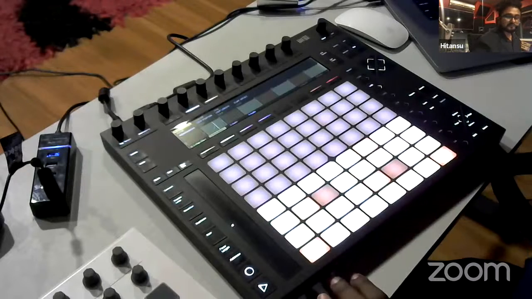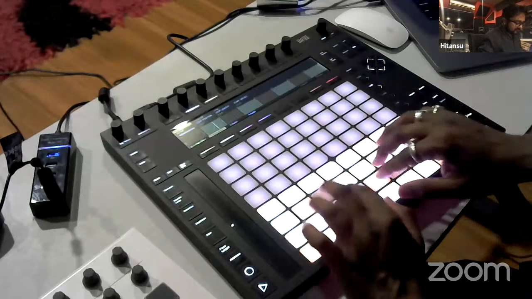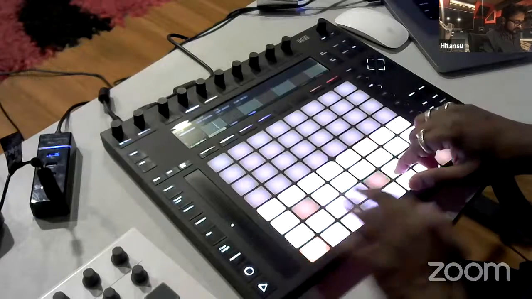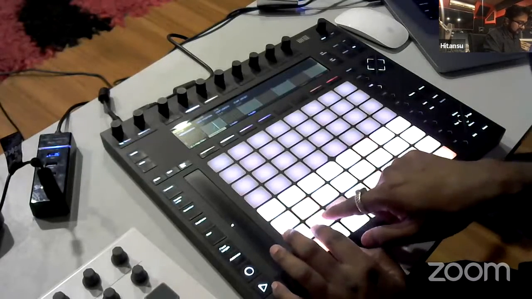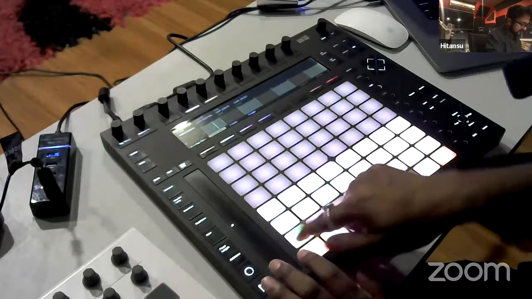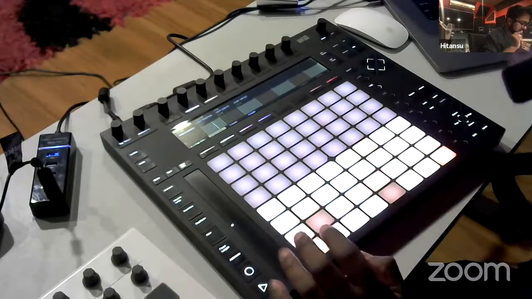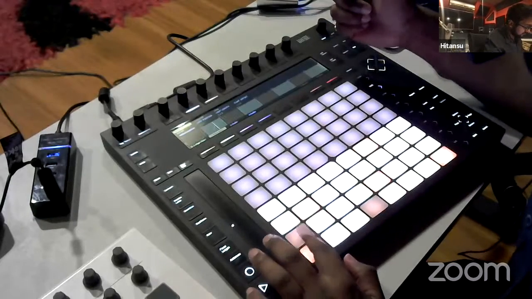Okay, I'm on the zoom. Perfect. So just these two notes I want to play. There you go. So choose this first,